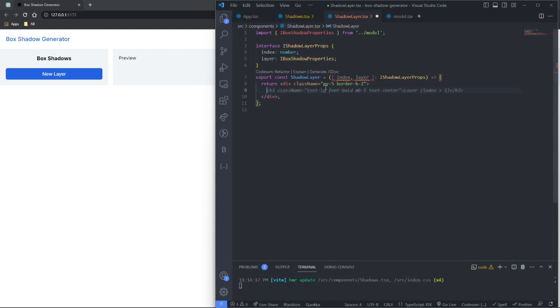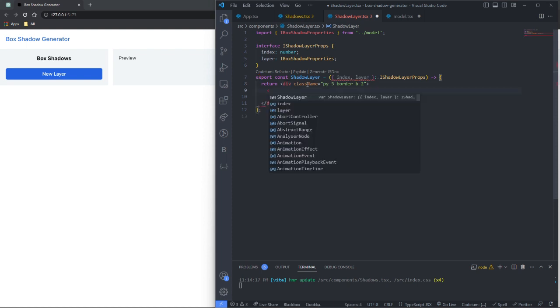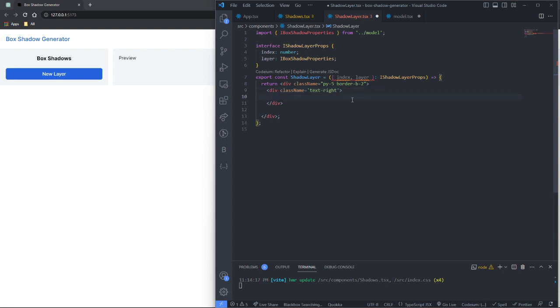So in here is going to be the wrapper. Here I am going to have a div. I'm going to say class name, going to do text right, and that is going to be for the delete button. So first of all, I would have the button at the top,